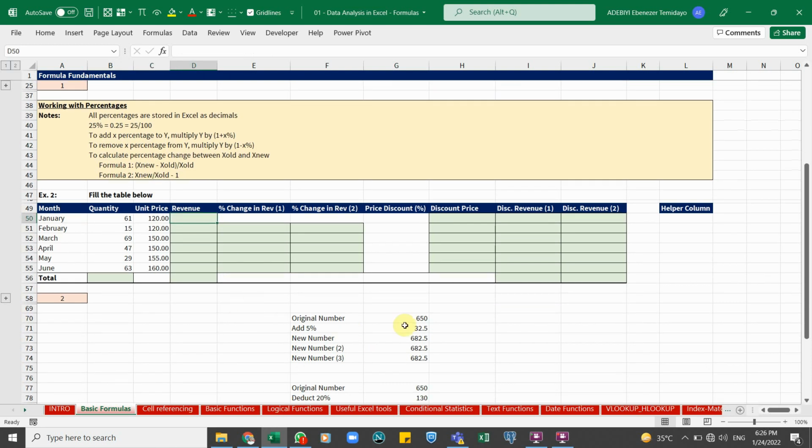And we're going to see how we can apply this: adding and subtracting a percentage, and also looking at the percentage change from a value to another value. What's going on here? We have monthly values, and as well we have the quantities and the unit price. So we want to calculate the revenue, we want to calculate the percentage change in revenue, and we want to calculate the percentage revenue with another